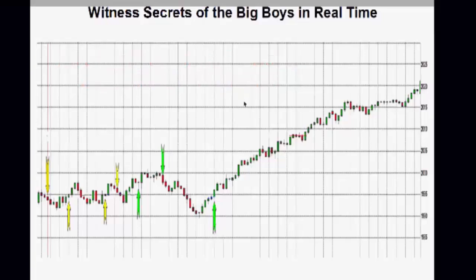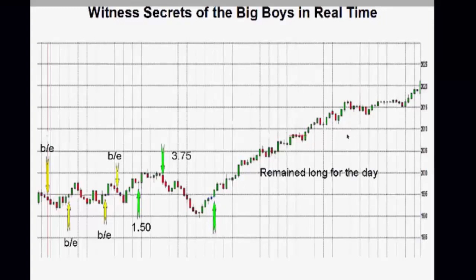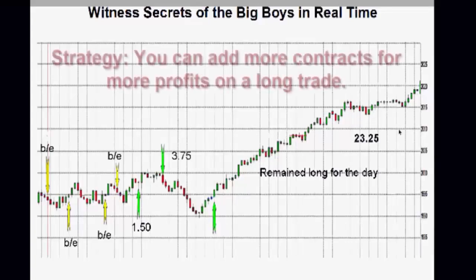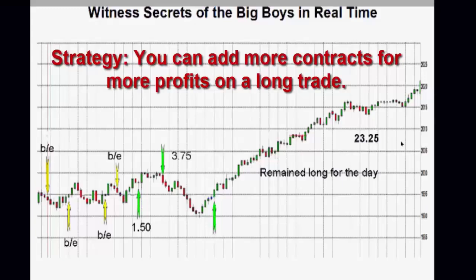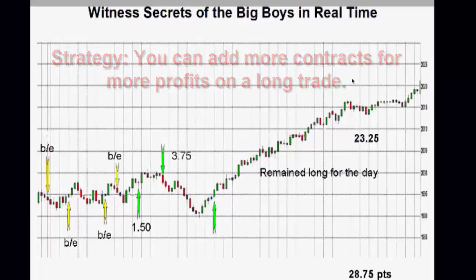And of course, here's another day. We had a little frustrating beginning of the day here. We actually broke even on the first 4 trades, and then made a little bit on the next trade, and then made a little bit on the next trade. But look, we got in on a run here that made pretty good points for the rest of the day. Now people say, well, if you were running up here, how come you just didn't add to that? And of course, who says we didn't? I'm going to show you a little bit of our strategy on this as well. This day we made almost 30 points, mainly all in this one run here.